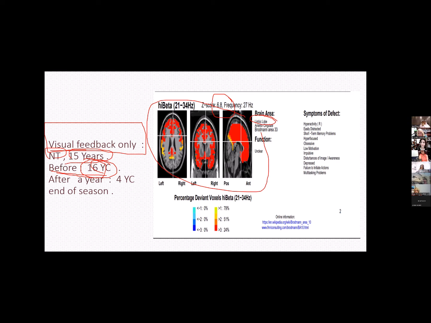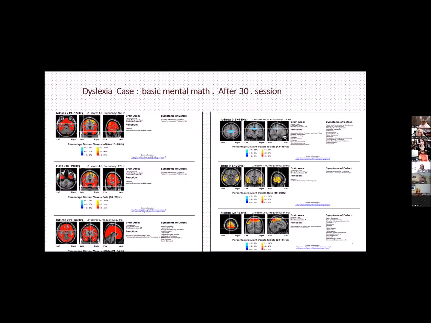So that's why he is receiving these big yellow cards. Now, next season, I managed to see him, and at the end of the season, I asked him, okay, how many cards did you get? Then he said, this season I got 4 cards. Now, we just did visual feedback for his brain function. This case, dyslexia case,